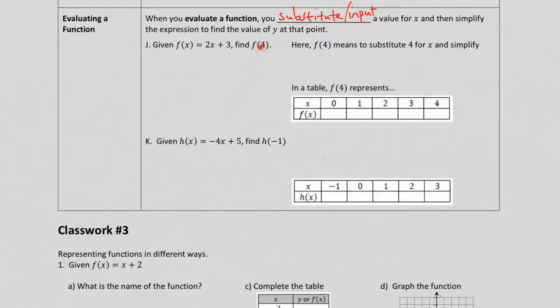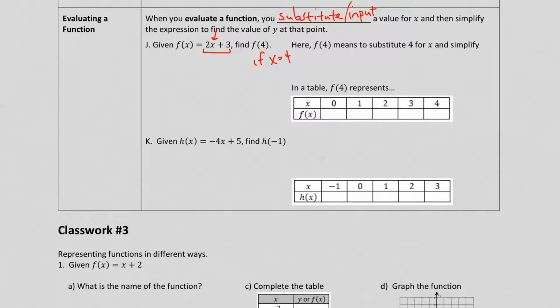Now this find f of 4, here's what it means. If I ask you to find f of 4, I want you to substitute 4 for x and simplify. So in this case, my function rule is going to be 2x plus 3. That's what this function does. It takes whatever you put into x, which is here, and you multiply it by 2 and then add 3 to it. What this is saying is that we're going to input 4 for x. So this is saying if x equals 4,